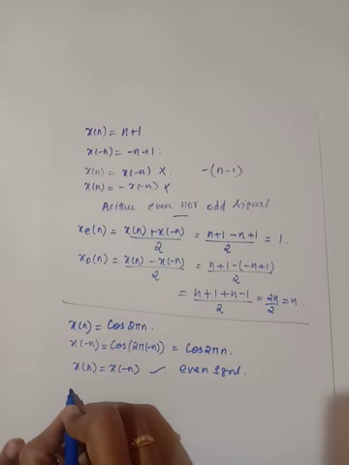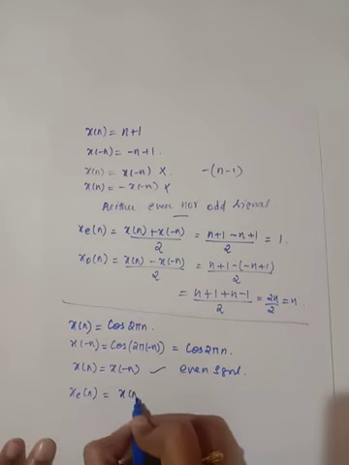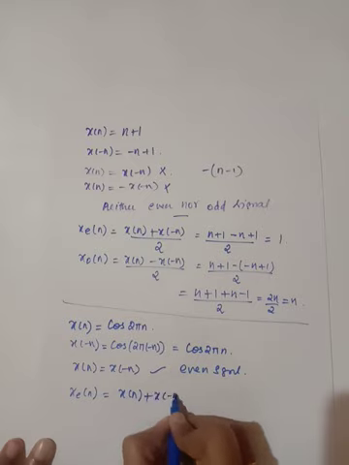Now I am going to check the even part of the signal. xe of n is equal to x of n plus x of minus n divided